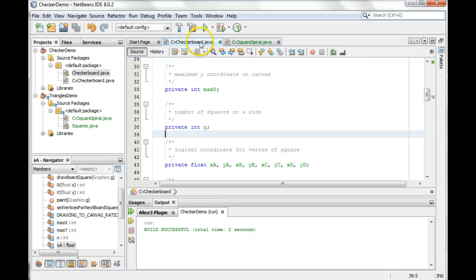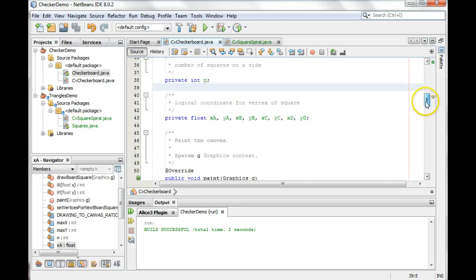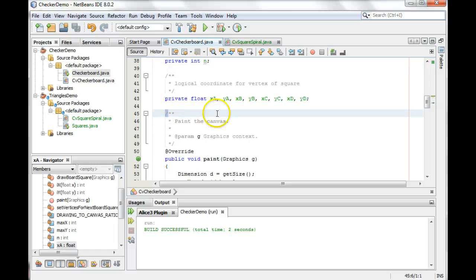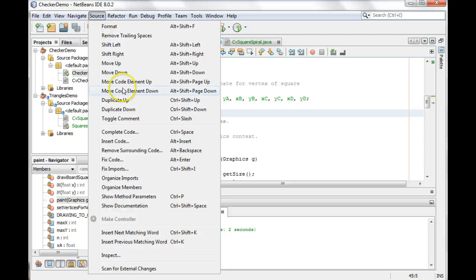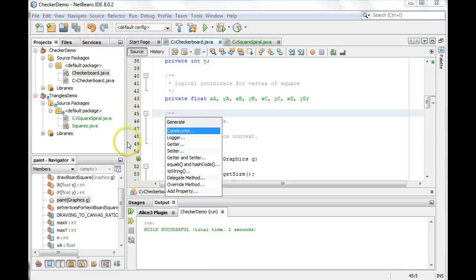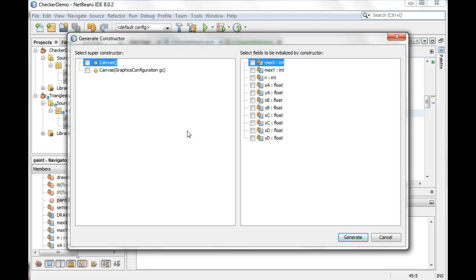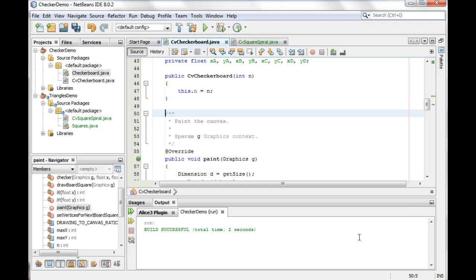in CV Checkerboard. I think the way to do this is also with either source or refactoring, where you insert code constructor. So there should be something like this in Eclipse too. If you can't find it, give me a holler and I'll help you look for it. But anyway, we want one constructor that has no parameters and one that has n as a parameter. Let's do n first. So let's generate that one,